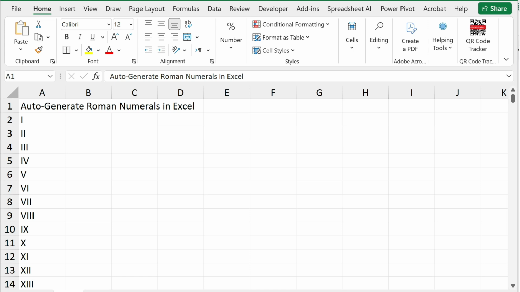function in advanced Excel. With just one simple formula, you can generate 10, 50 or even 1000 plus Roman numerals